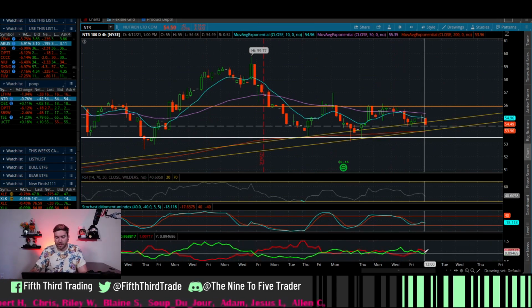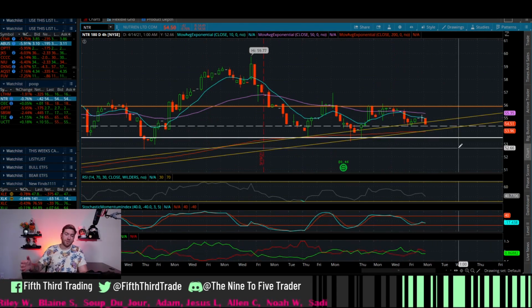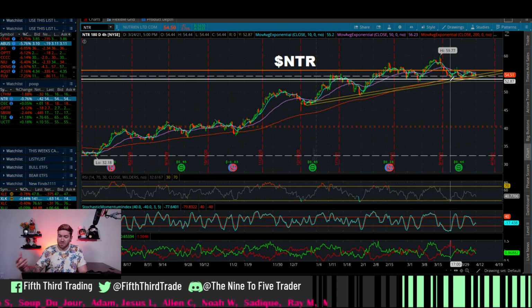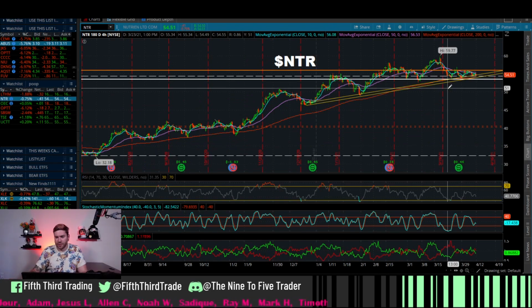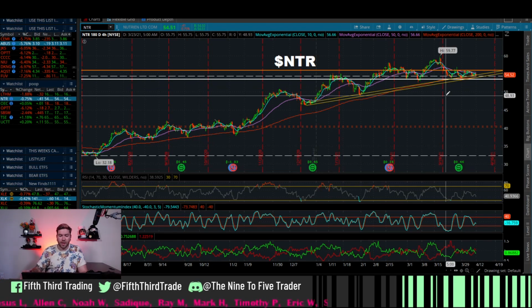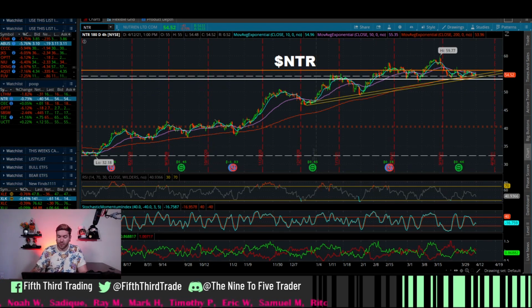Now, if the bulls here do take over and keep going, that's a good sign of strength. So NTR, give it a day, give it 2 days, put us around Tuesday or Wednesday to buy into this one if it does show us some life. But NTR moving forward does look pretty good for sure.